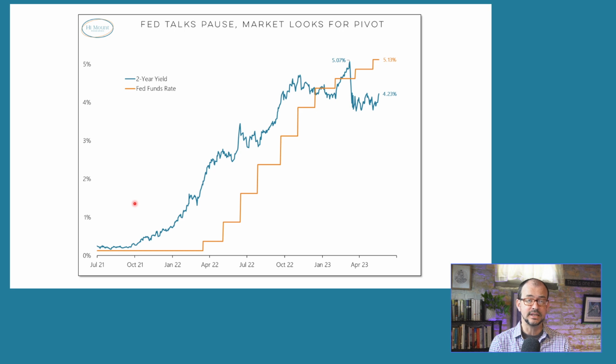This disconnect, this divergence that we've been talking about between the Fed, who talk about raising rates and keeping them high, this week even talking about perhaps the need for additional tightening. That disconnect between what the Fed's doing and saying and what the market's pricing in, with the 2-year yield moving lower even as the Fed has been raising rates. That's starting to change now this week.